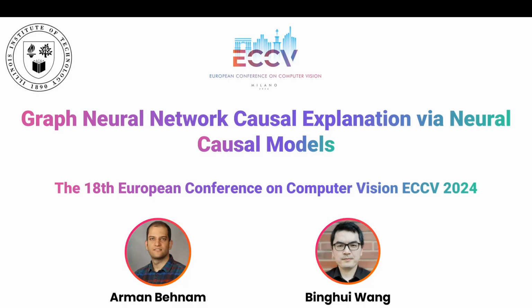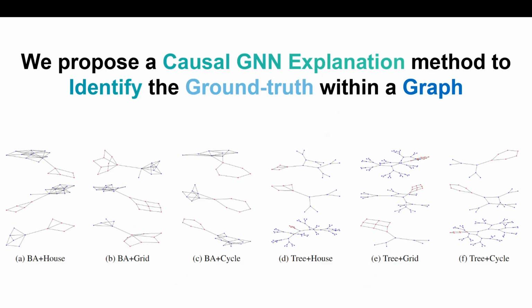I'm a research assistant at Illinois Institute of Technology, a PhD student in my second year, and this is my first year's output: Graph Neural Network Causal Explanation via Neural Causal Models. This paper is accepted at the 18th European Conference on Computer Vision 2024. I did it with my advisor, so today I'm telling you that in this paper we propose a causal GNN